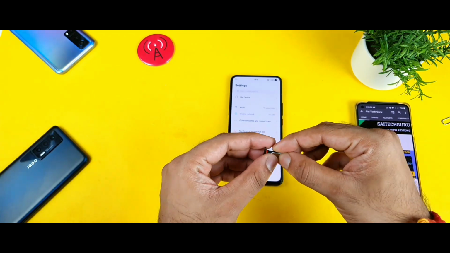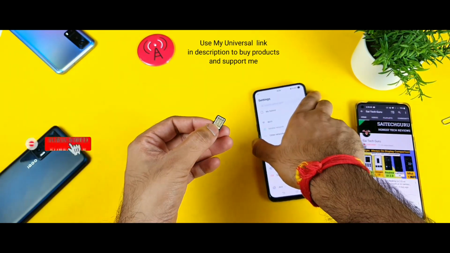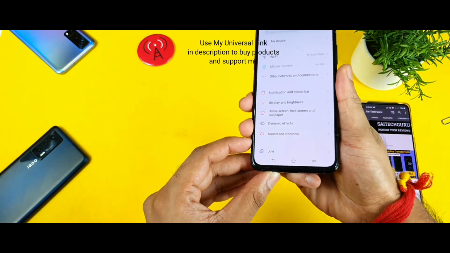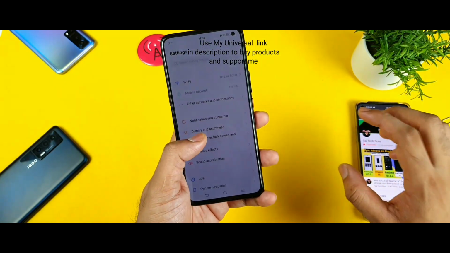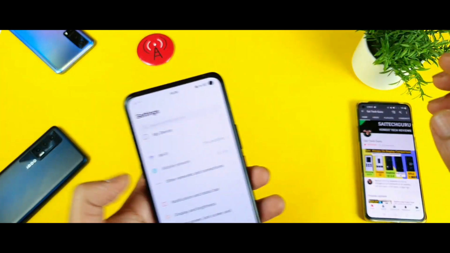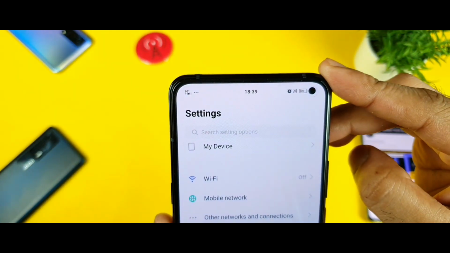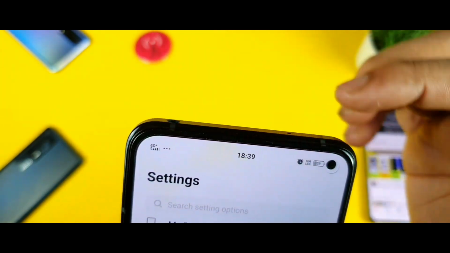It's the Jio SIM card which I'm trying to use in this phone. Let's see, friends, whether the phone will be able to get the Jio 4G plus aggregation or not. I'll try to show you the speed test, and I'll even show you the download test as well. So this is going to be all in one video. First, I'll show you by switching on the mobile data, and it's a 4G plus, as you can see, friends. That's perfect. So I'm getting the 4G plus aggregation. You can clearly see it on the notification panel.